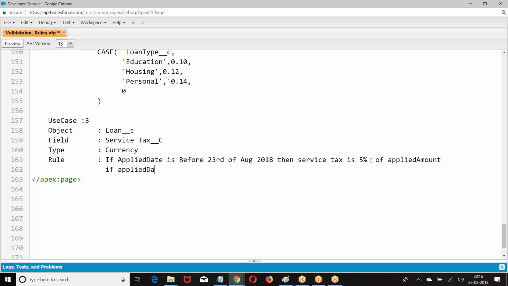If applied date is after 23rd of August,